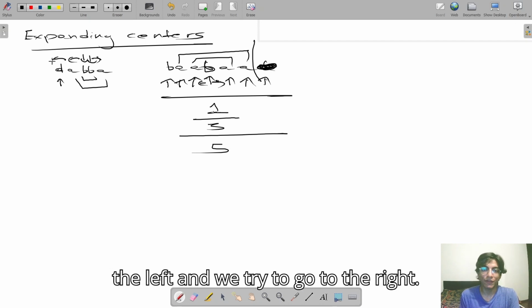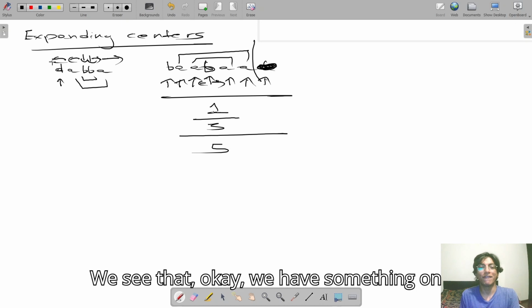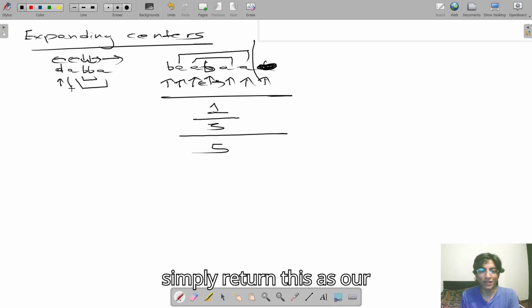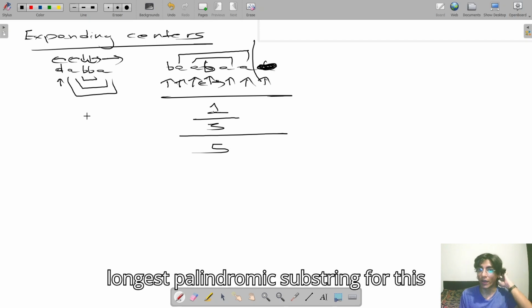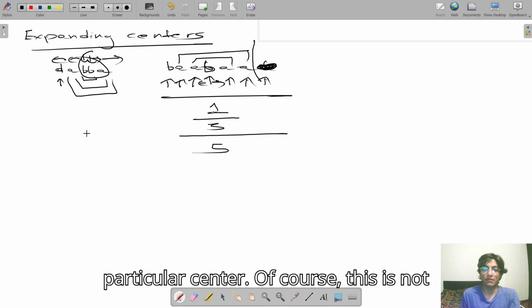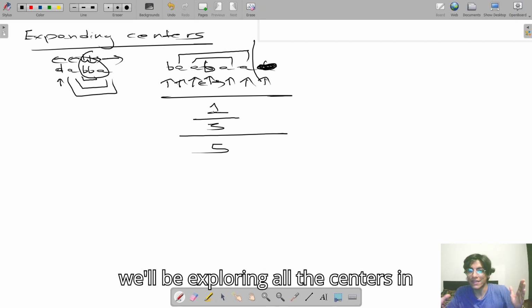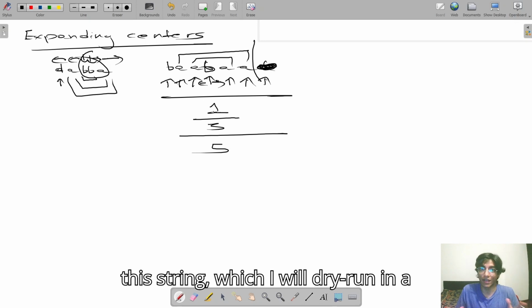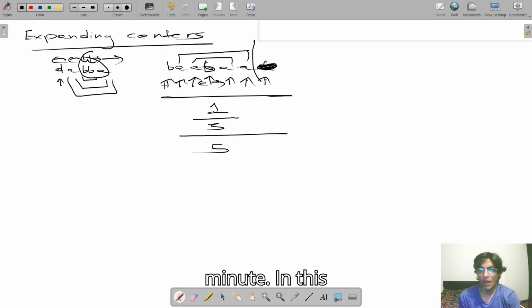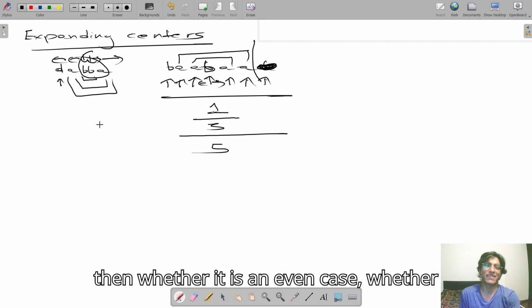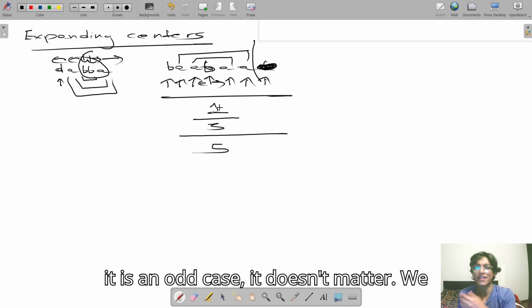So we go to the left and we try to go to the right. We see that we have something on the left, but nothing on the right. So we simply return this as our longest palindromic substring for this particular center. Of course, this is not the only center we'll be taking care of. We'll be exploring all the centers in this string, which I will dry run in a minute. In this case, I'll simply return the substring. Then whether it is an even case, whether it is an odd case, it doesn't matter. We will check